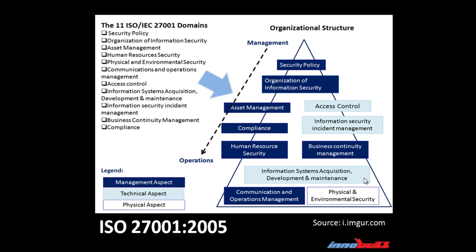The figure seen here demonstrates the aspects of an organization and how the ISO 27001 standard relates to it in order to provide an adequate level of assurance as far as the efficiency of the business processes is concerned. The domains covered here are security policy, which governs the overall documentation of the organization's security; organization of information security, which defines the structure of information security implementation and its various aspects; asset management, which manages organizational assets; human resources